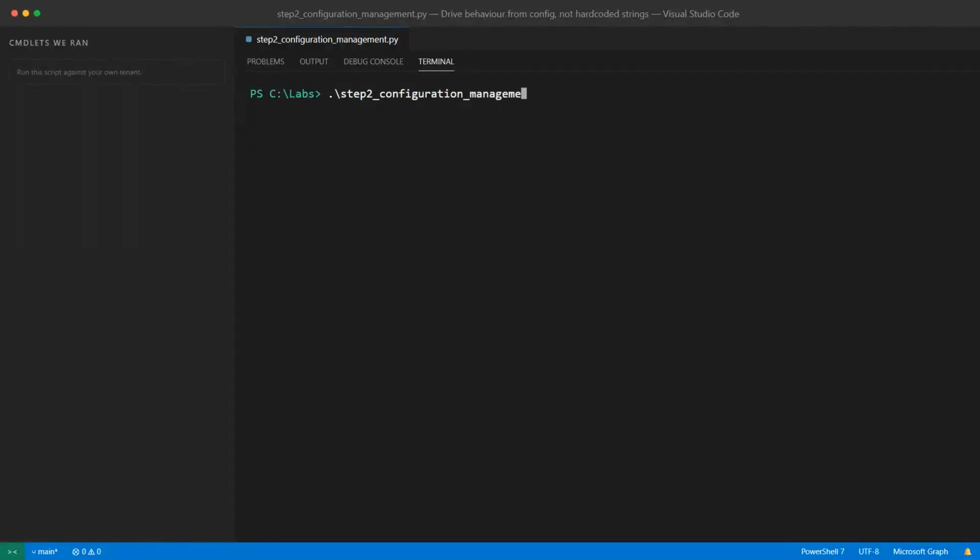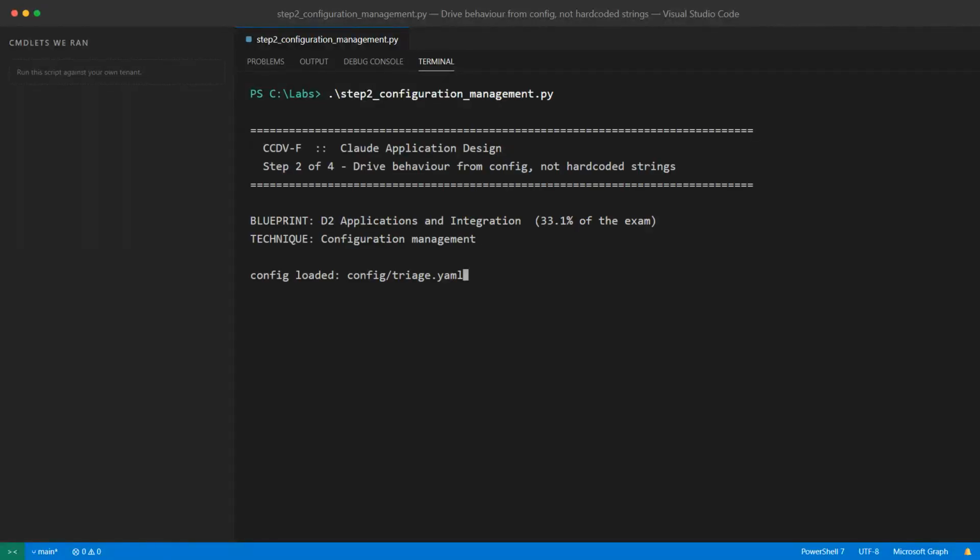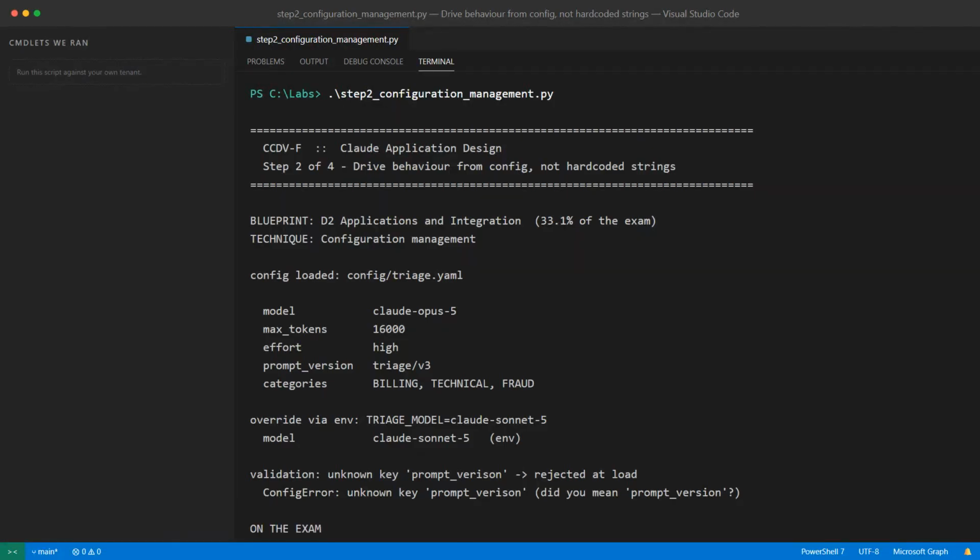First we see the clean config loaded from the file: model, max tokens, effort, prompt version, and categories all printed. Then the environment override kicks in, triage_model replaces the model with Claude Sonnet 5, and the source column confirms it came from env. Finally, the validation block catches the unknown key prompt_varison and raises a config error, suggesting